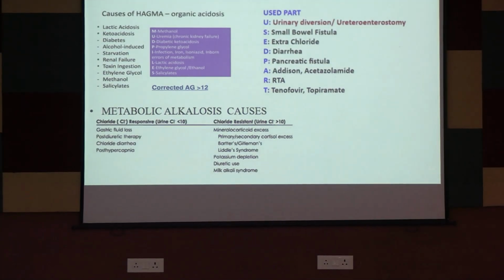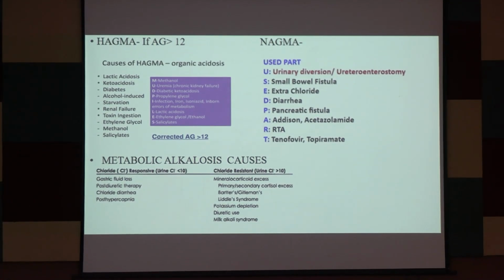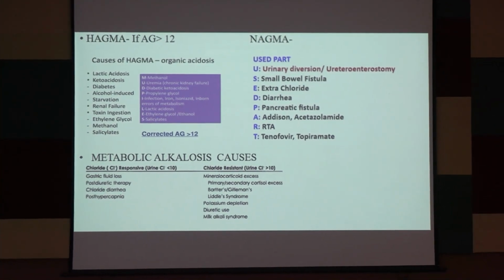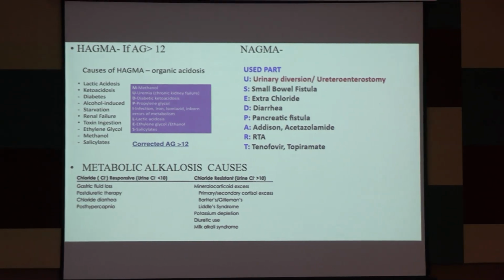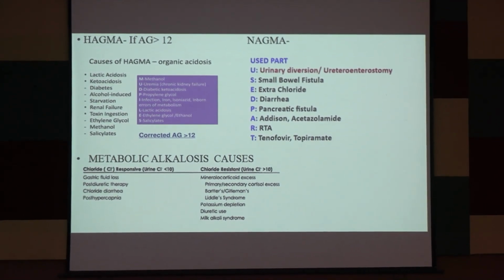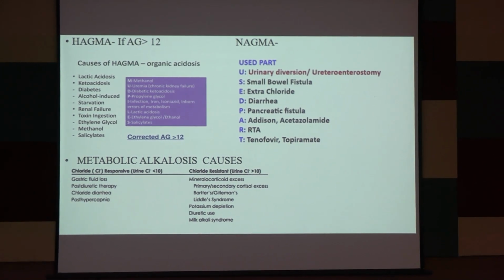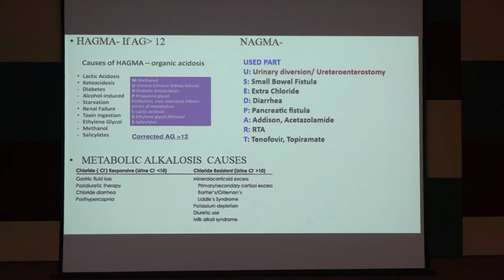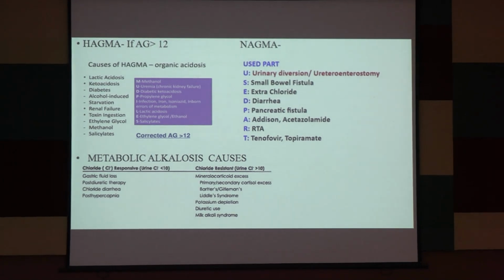If it is less than 10, then the alkalosis will be corrected with the chloride implementation, like sodium chloride saline, normal saline. And if urine chlorine is less than 10, then it's chloride responsive,